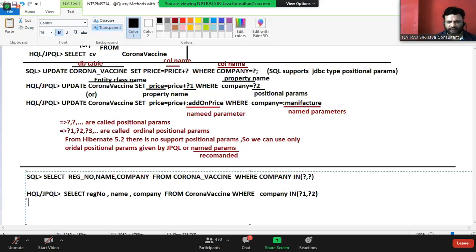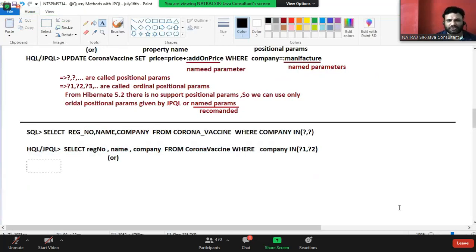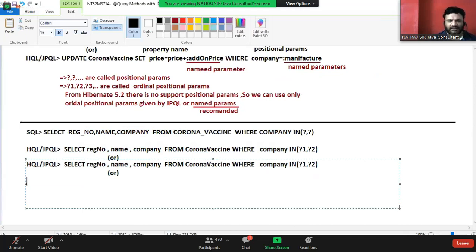This is the one way. Company in question mark 1, question mark 2. Please, I will write question mark 1, question mark 2. No, it's a syntax. Syntax cannot be questioned. From vaccine, where